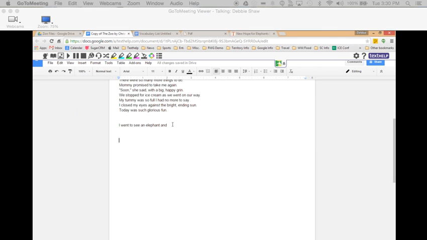So the speech to text tool, which looks like a little headset right in the middle of my toolbar here, is a great way for students who have a difficult time expressing themselves in the written format to get their words into a written format by dictating their voice. Okay? So